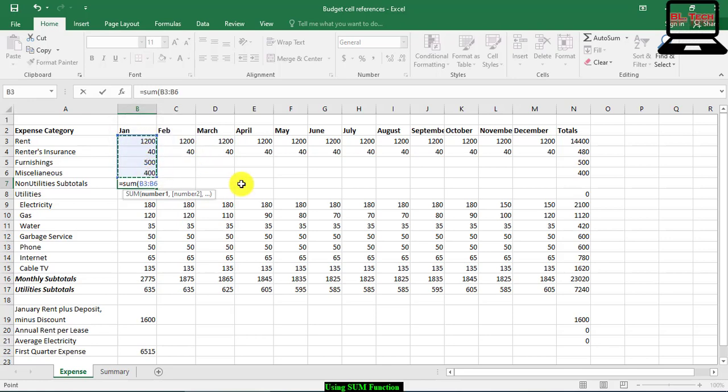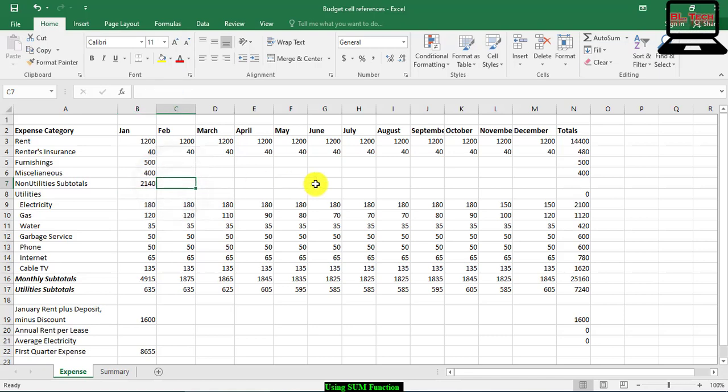B3 to B6. You close parenthesis and then press Enter. You get the subtotal of non-utility use, 2140.